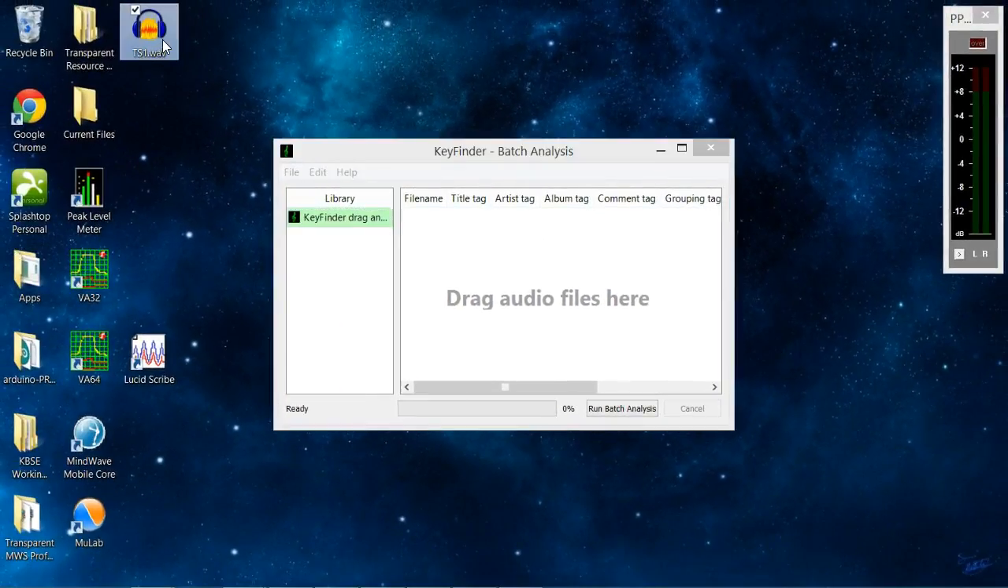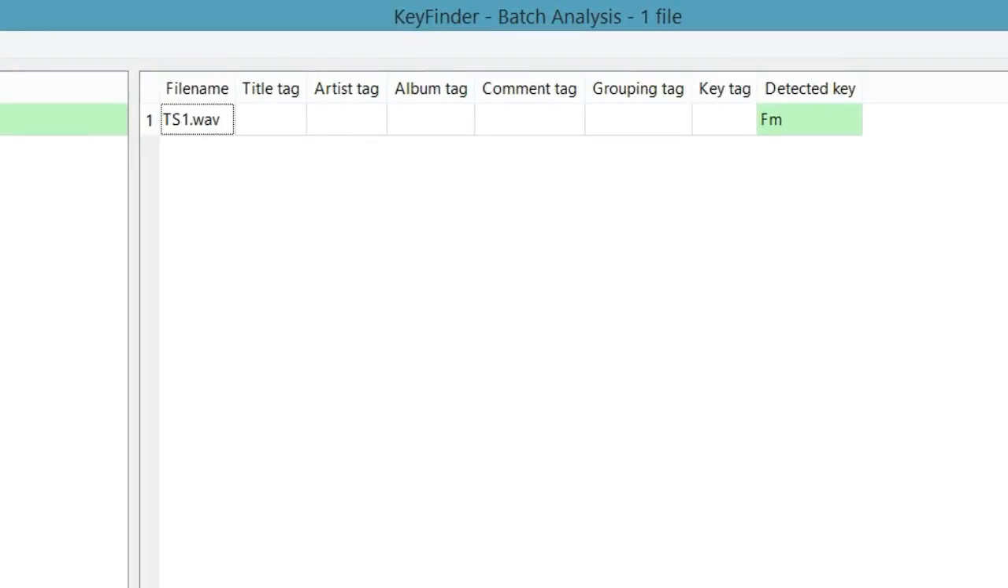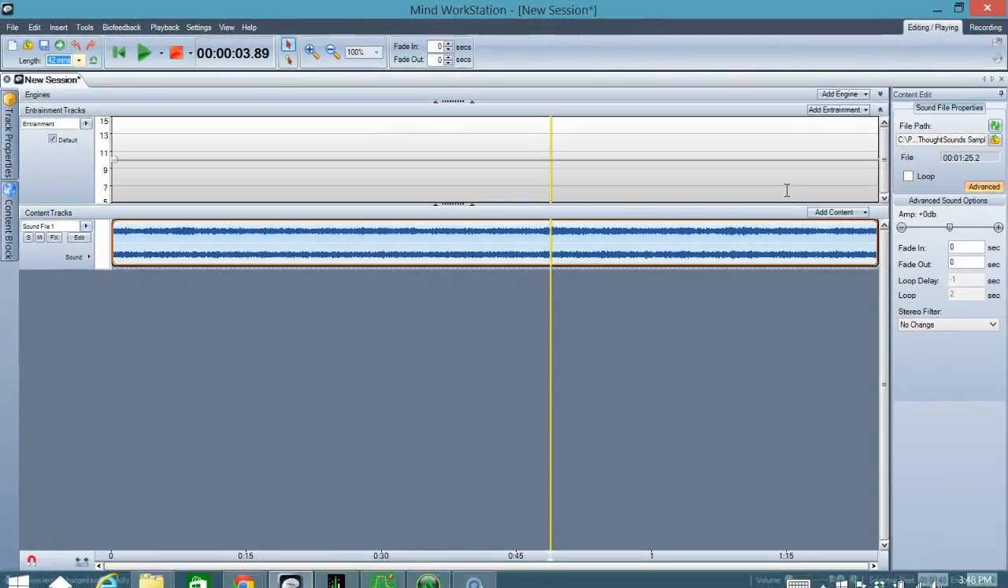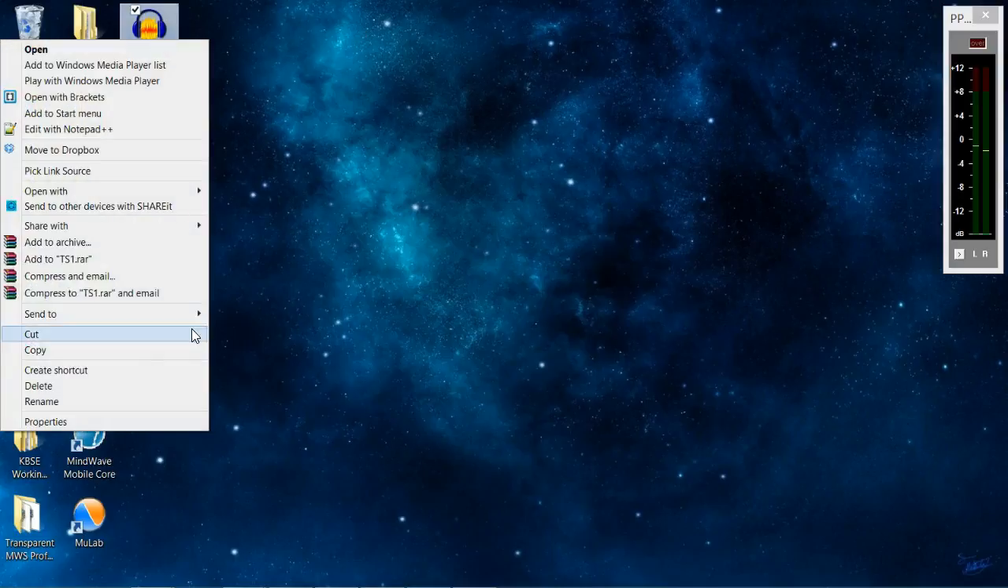And what we want to do now is we want to drag that file in, and we can expand it now so we'll see all the columns. And it immediately runs it and finds the key and detects the key as the key of F minor. All right, so there's the information that we need from that. We now know that TS1 wave is in F minor. So we could actually, at this point, we no longer need this, throw it away,